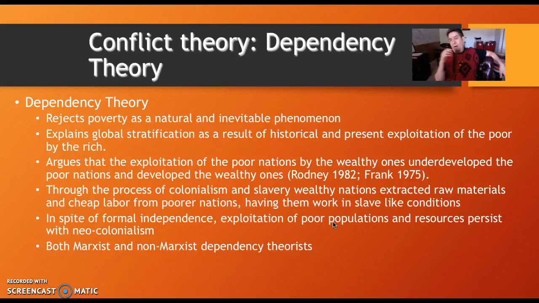Dependency theorists cover a wide range of theoretical perspectives. We have Marxian dependency theorists that look at a more critical class analysis, in addition to this idea of the analogy of poor countries as the proletariat, if you will, and the wealthy countries as capitalists, this kind of exploitative relationship between them. But you also have those dependency theorists that are not Marxists, that don't see a socialist division in the future, but just see that it is the dependency on imports that is preventing the development of a local or national bourgeoisie or national capitalist class.